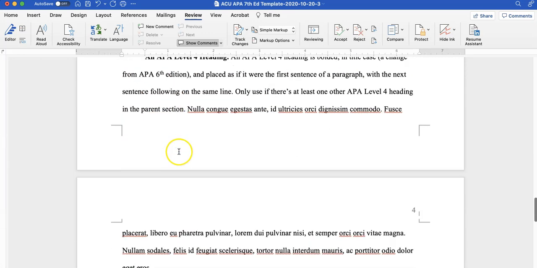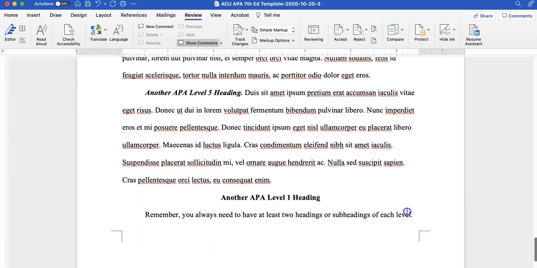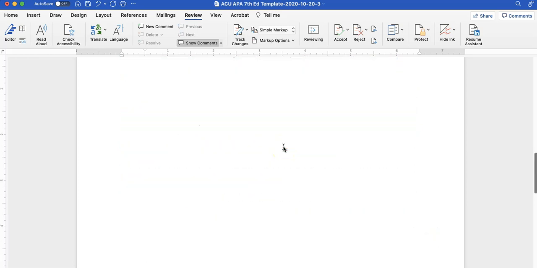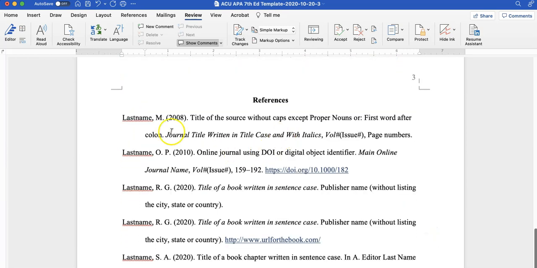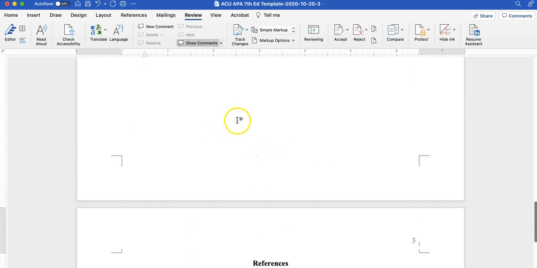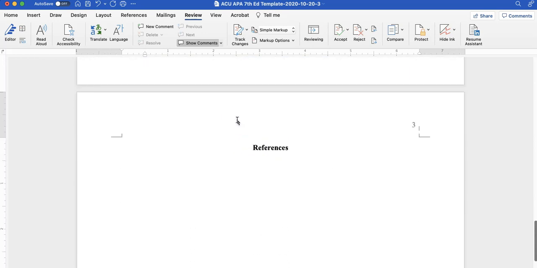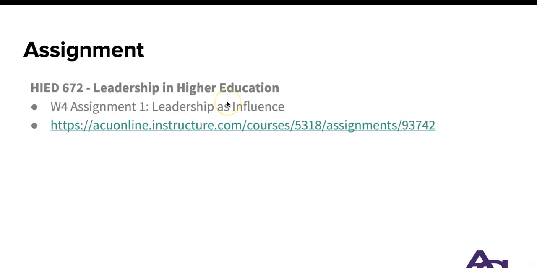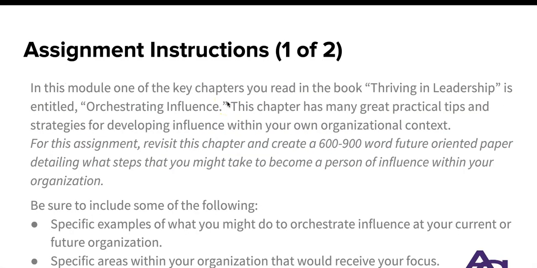And I'll go ahead and delete this placeholder text, as well as the placeholder reference text here. Now, you may recall that the instructions do refer to the chapter in Thriving in Leadership. Now, if this is a book that is written by one author or set of authors, then you cite the book as a whole.